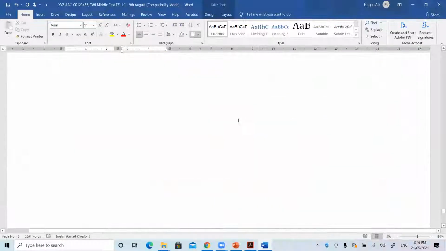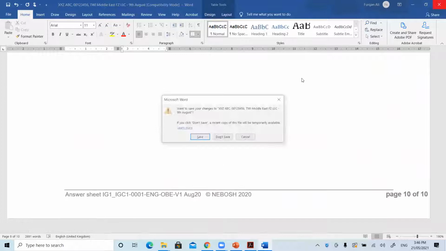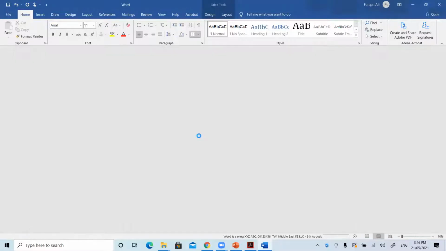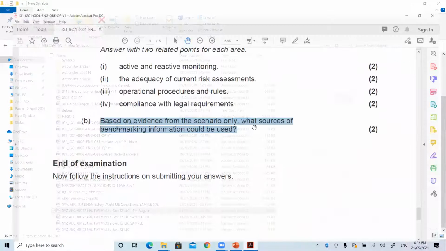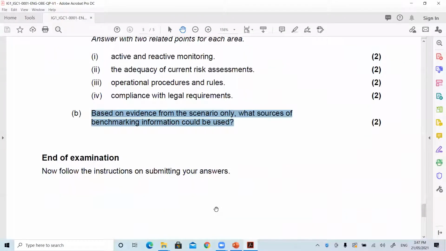Okay. So guys, this is how you need to answer the template which we have discussed, the first mock exam. Now the mock exams, I'll share some more mock exams with you so you can practice.